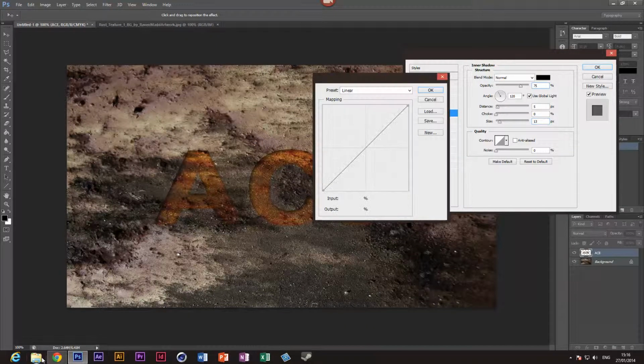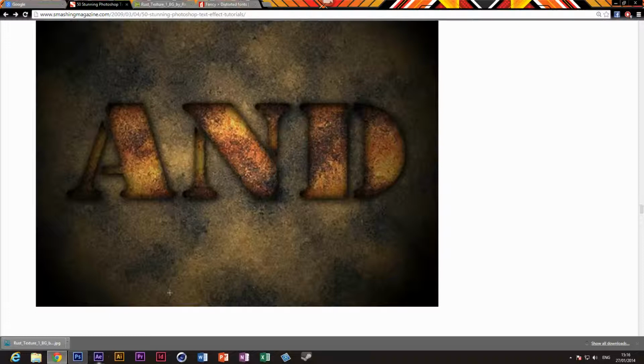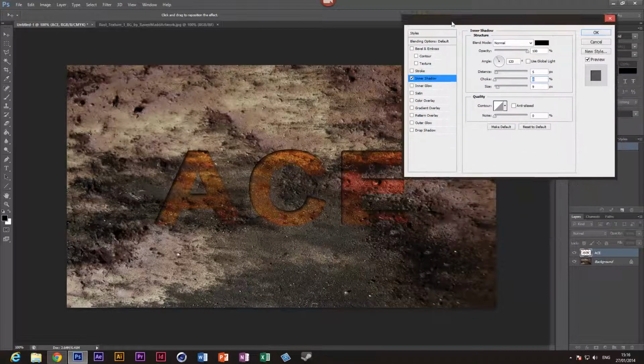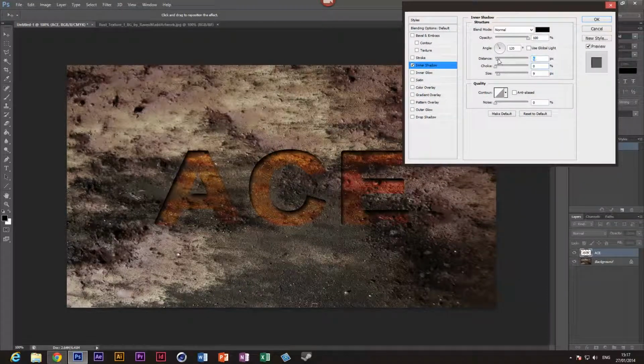The contour, now it's going to be all around, so put up the size, put up the opacity. Now if you put up the size, it's going to be a bit stronger. Now the choke, you just want to mess around with it until it's kind of correct. I think that's kind of good now. And yeah, the angle, let's just,